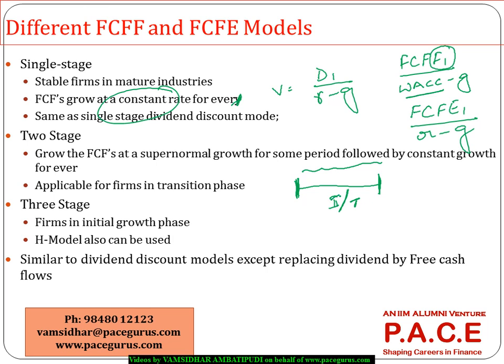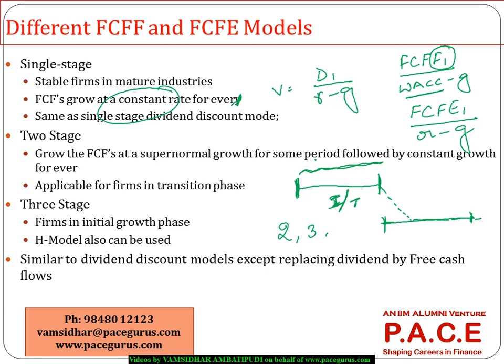So if I assume that for the first few years the FCFEs and FCFFs are going to grow at a slightly higher rate, followed by either a stable growth rate after few years, or followed by a gradual slowdown, and after that a constant growth rate. So just like the way we have discussed in case of dividend discounting, we can have 2-stage, 3-stage, H kind of models. But in all the models, the commonality is I discount